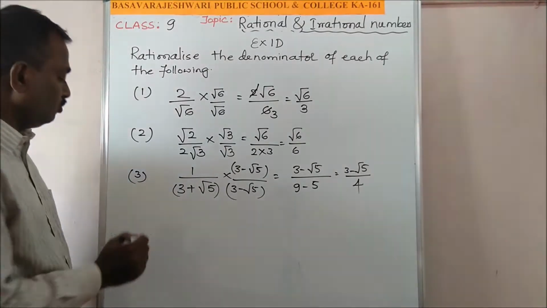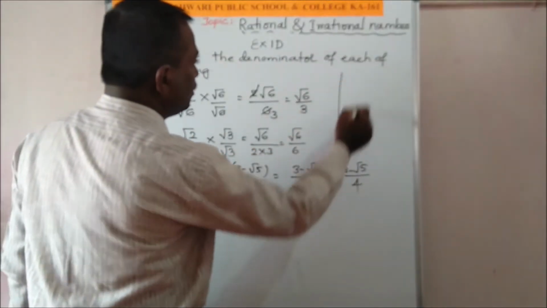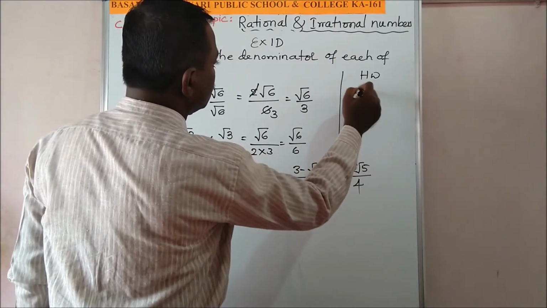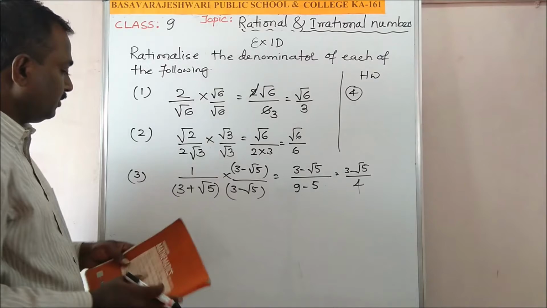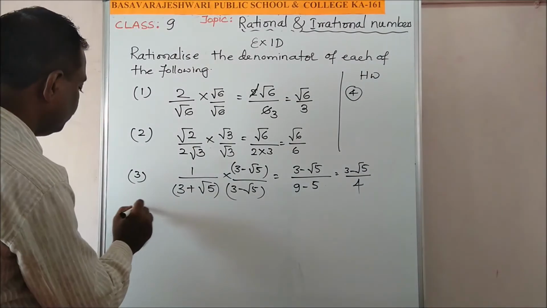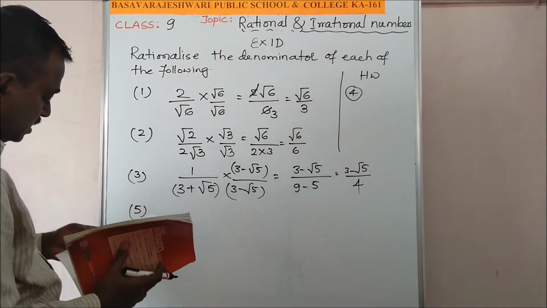So similarly you do the homework sums. Homework, fourth one. Okay? Now I will move on to the fifth one. Fifth one is 1 by